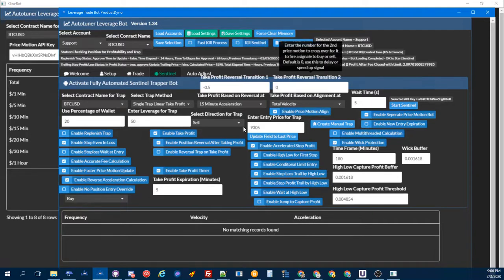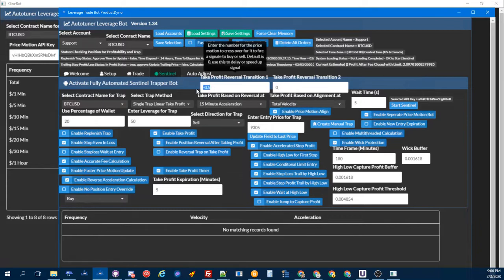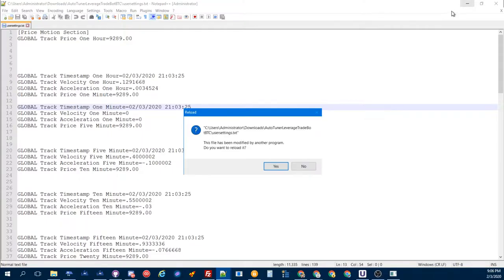You can make sure both of these are aligned or not, and then you can decide whether this one needs to be positive or negative also. So these are just some flexibilities there. If you need to do some fine tuning, I just leave it at 0 for now. It seems to be working okay. I'm doing the 15-minute acceleration total velocity to align, and it seems to be doing better as far as staying with the